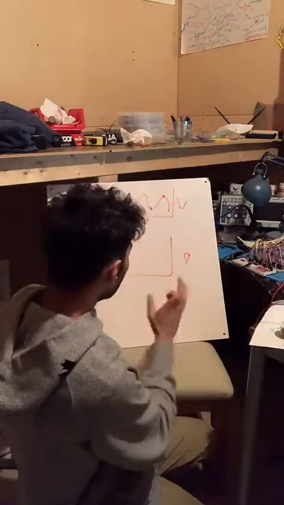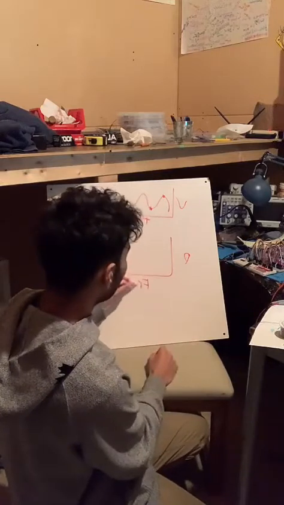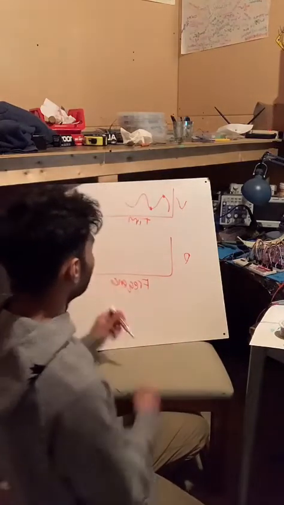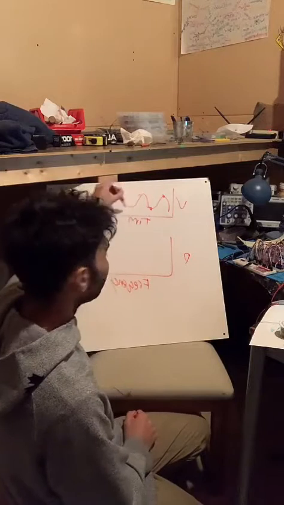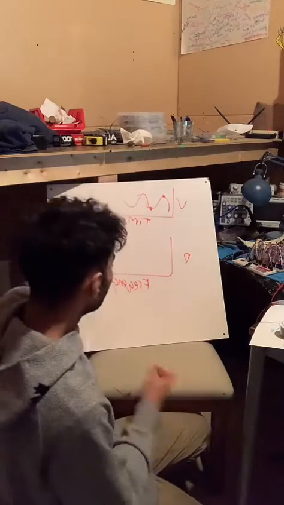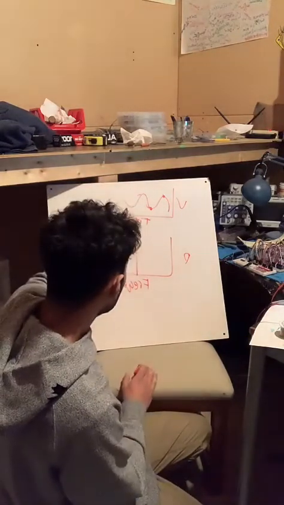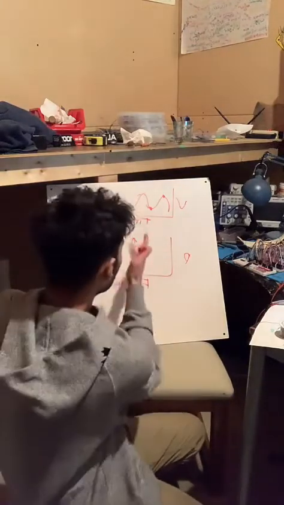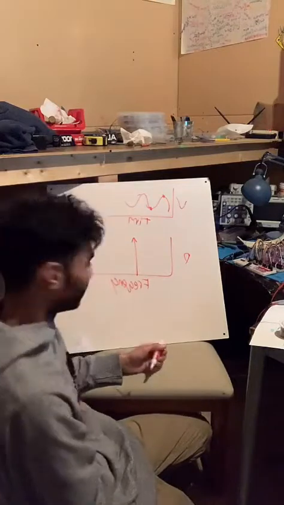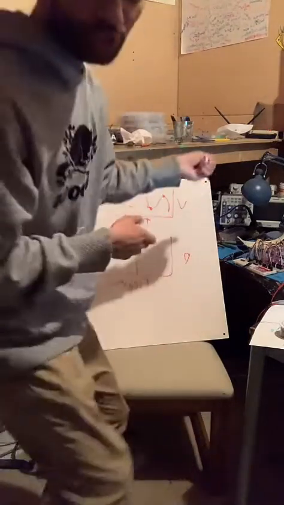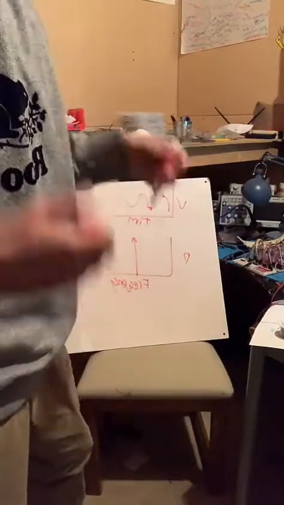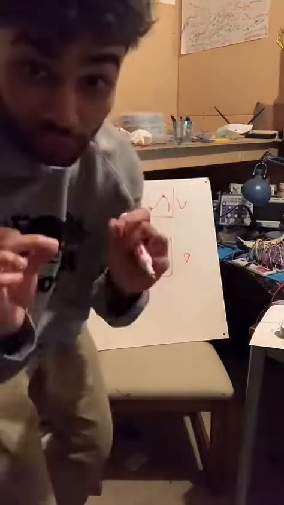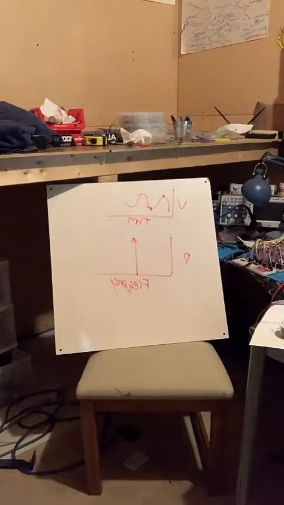But what if I plot it against frequency? A sine wave has one frequency. It's just one frequency, there's no wave. I could actually show it to you on the oscilloscope. There's something called the FFT, fast Fourier transform. It's beautiful. There are too many things to talk about. Okay, let me just shut up.